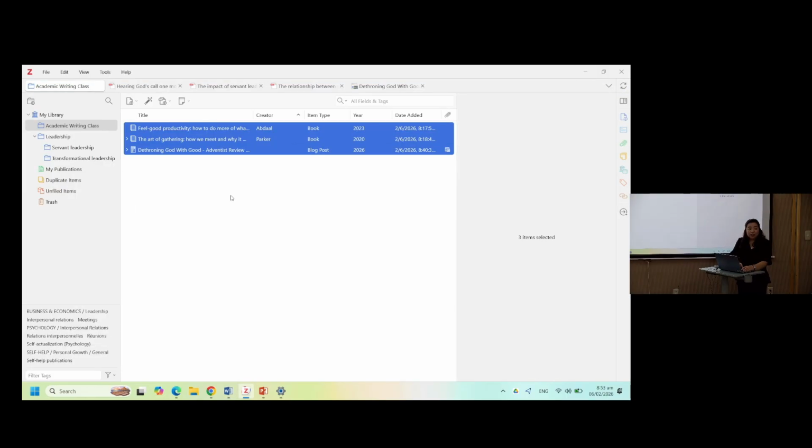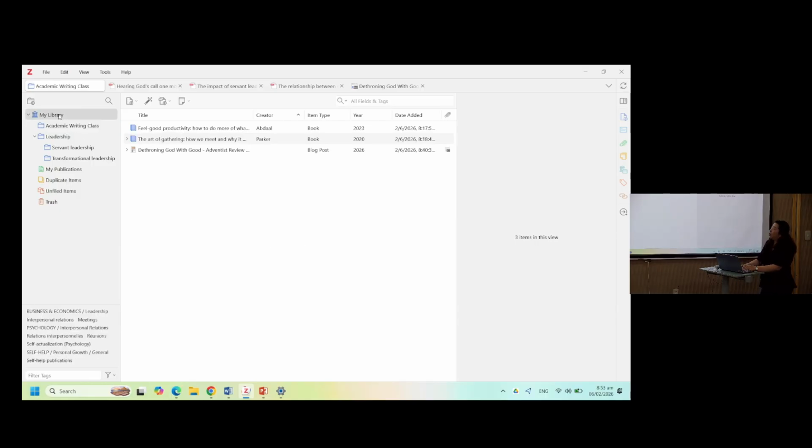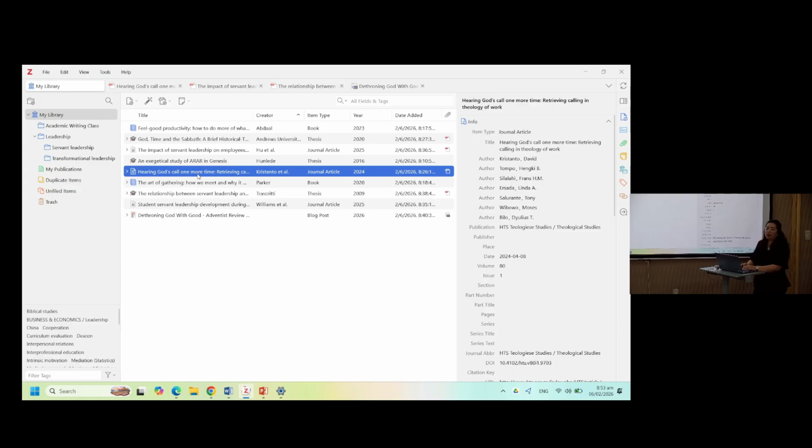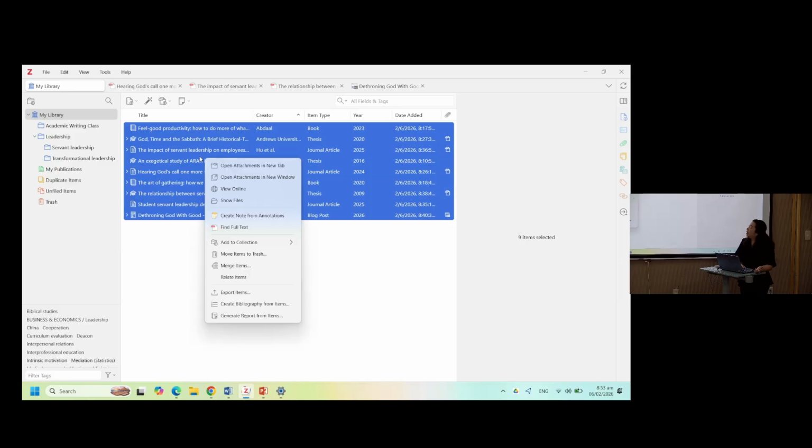Question? Do you want me to repeat that again? Okay. Say, for example, we're not just limiting ourselves to a folder, but you want to generate a bibliography from your whole library. Same process, just highlight everything, Control A or Command A for Mac. Right click and create bibliography from items.